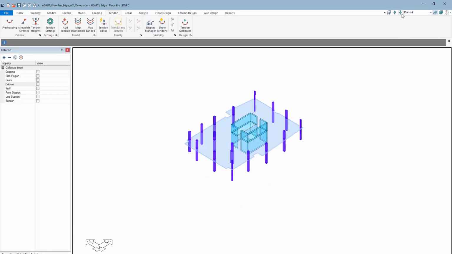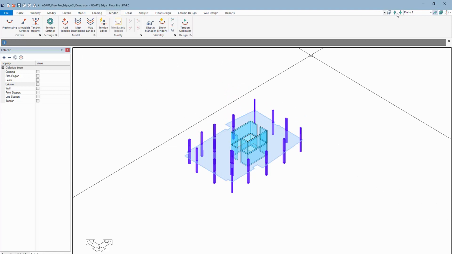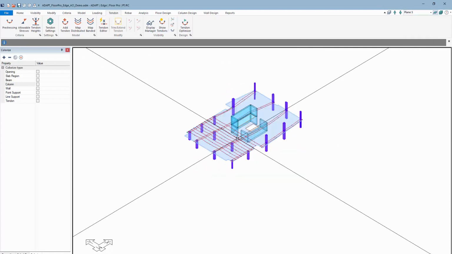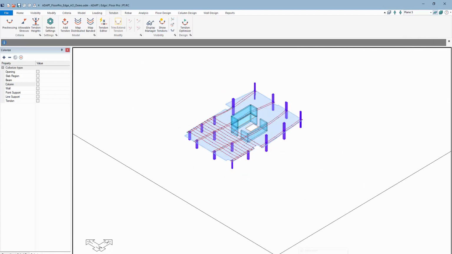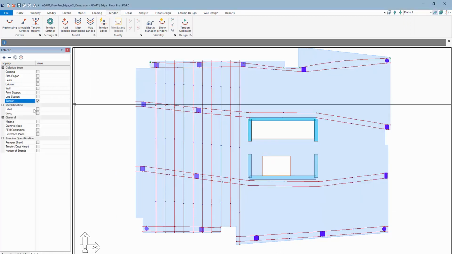Let's see if there's any other tendons here that we can utilize. There may be tendons on level 3 also. Oh, let's go back to 5. And on level 5, we want to sort the tendons by, let's just select tendon. We want to sort the tendons maybe by area per strand,